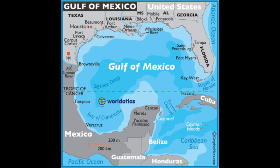The Gulf of Mexico formed approximately 300 million years ago as a result of plate tectonics. At its deepest, it is